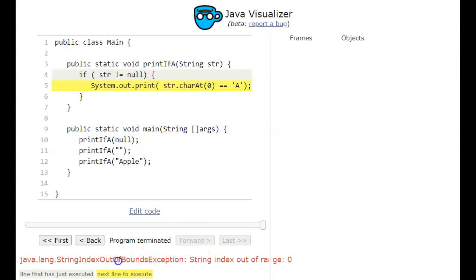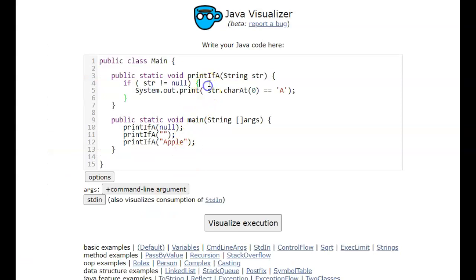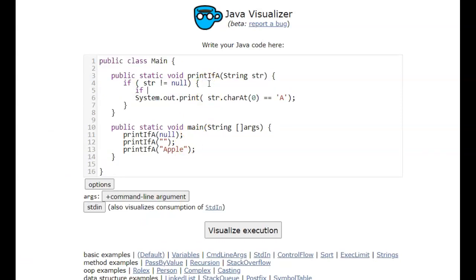But now I get a string index out of bounds exception, another runtime error. The string length is 0, but I'm trying to access the very first element in it. So we should also check this. So if it's not null, and